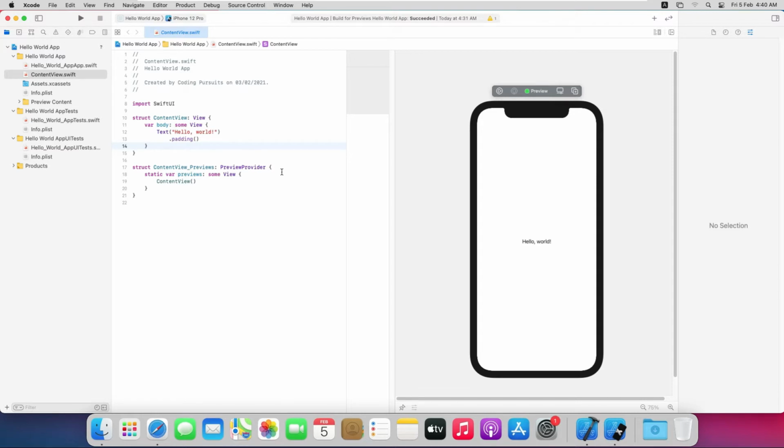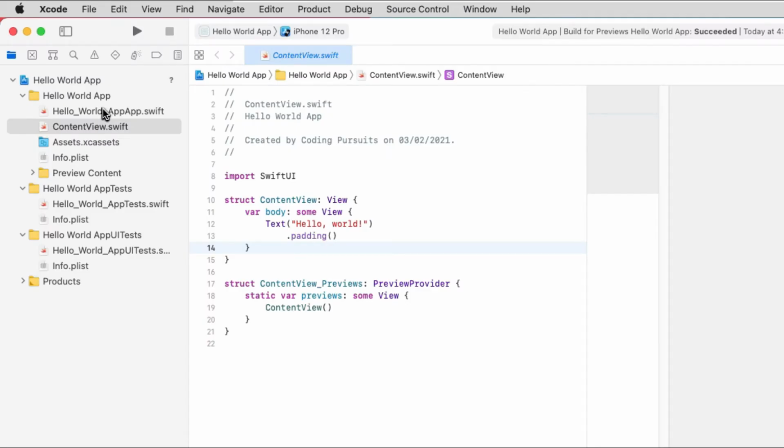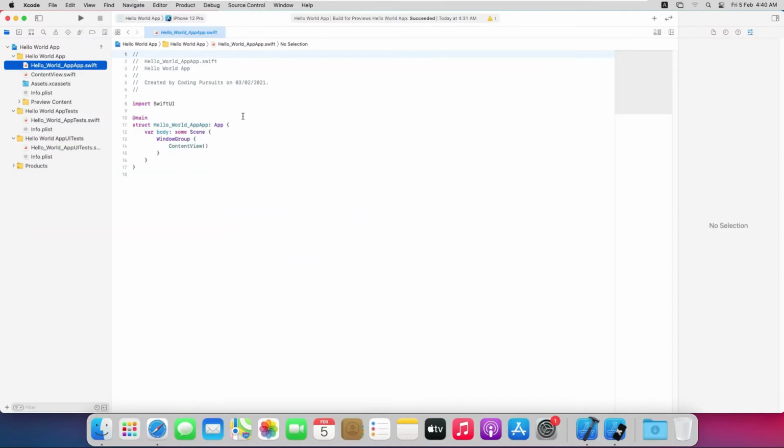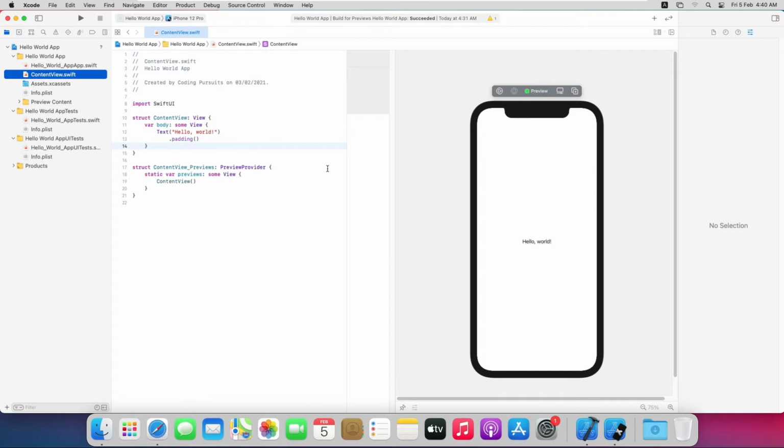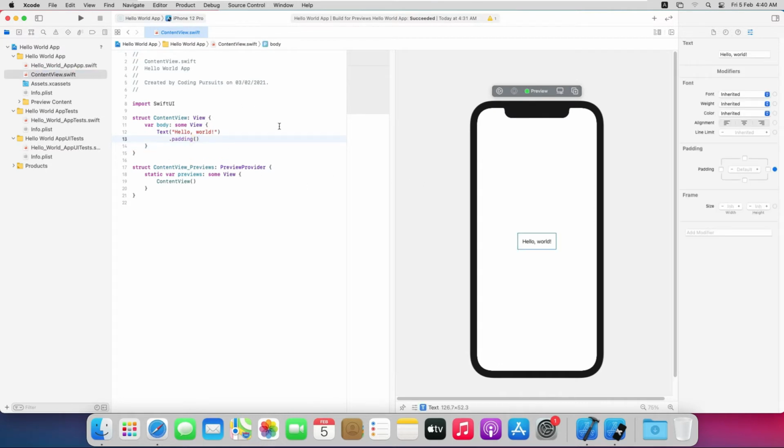Suppose when you select the file helloworldapp.swift, the code is seen in the editor area. We can write code for it. Now when you select ContentView.swift, the screen splits into two parts. The left side is for writing code and the right side is a visual representation of the user interface.